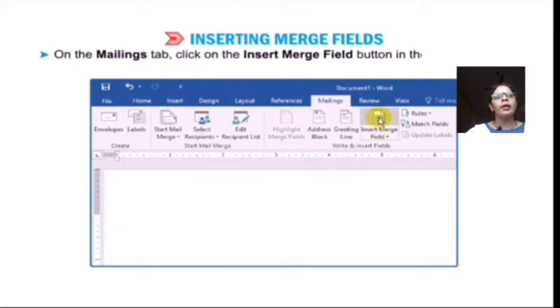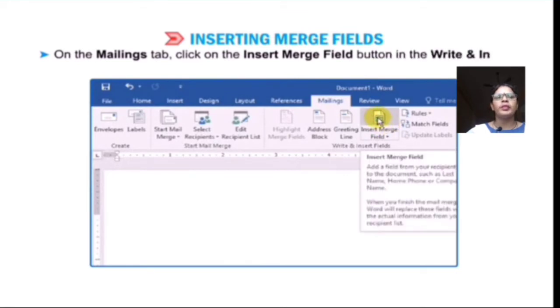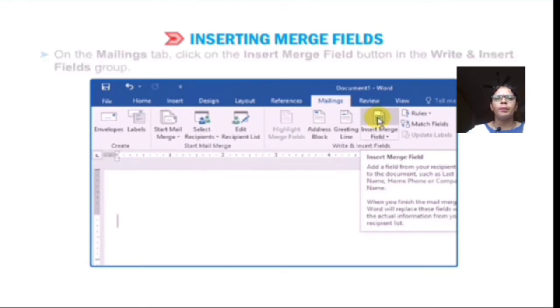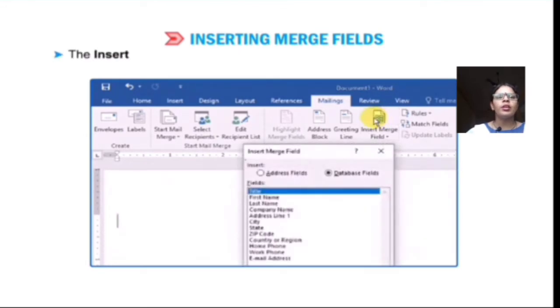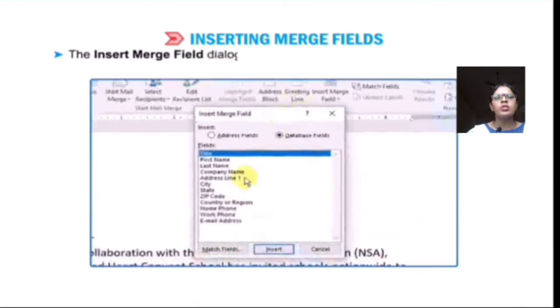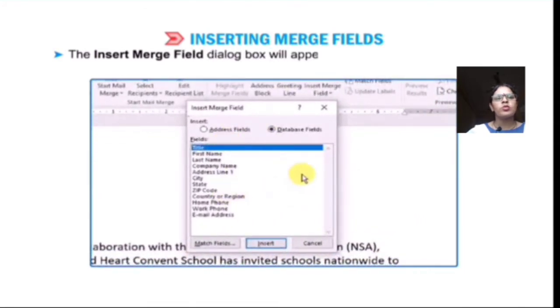On the mailing tab, click on the insert merge field button in the write and insert fields group. You can see the insert merge field dialog box will appear with a list of field names.